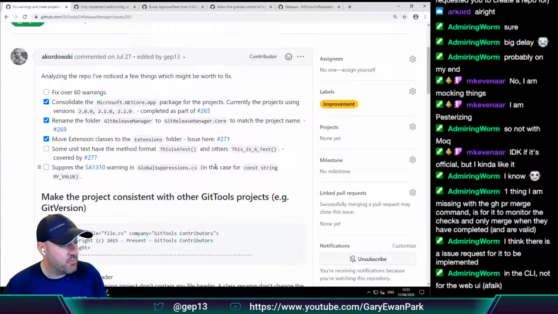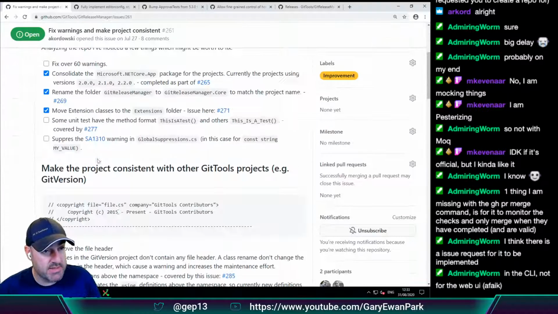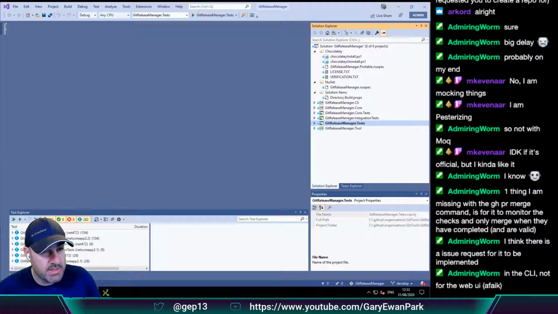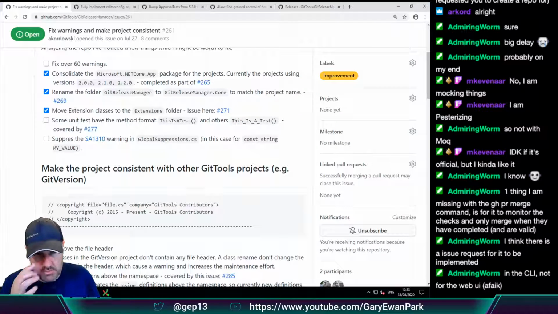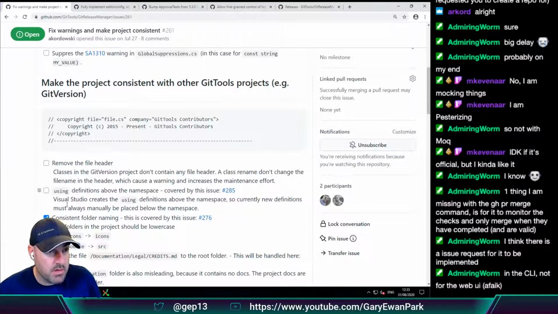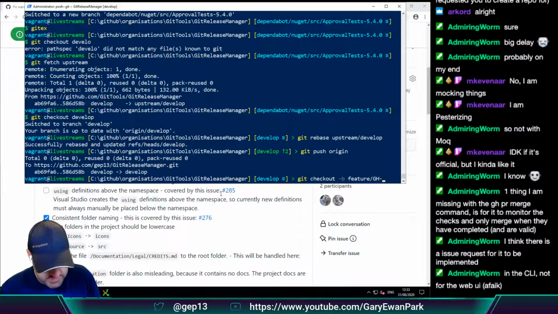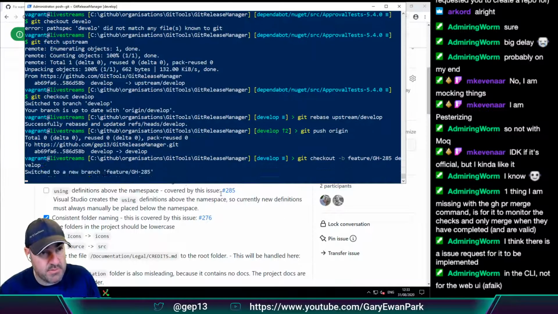So what I basically spoke to a few people about is, at the minute we have editor config files that are not respected properly. So let's check out a new one here called -285 from develop.